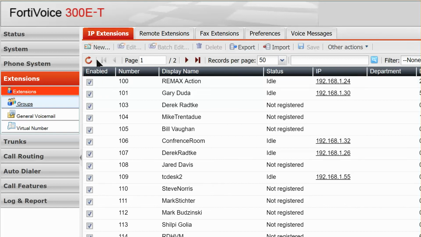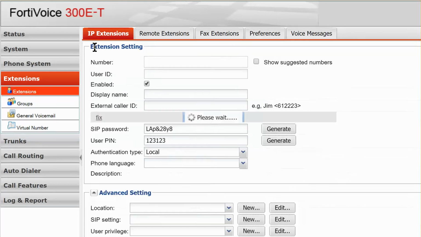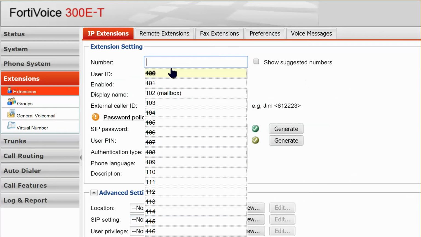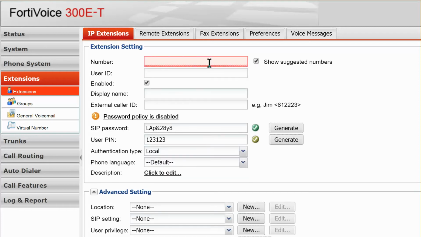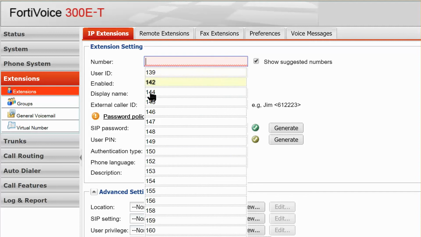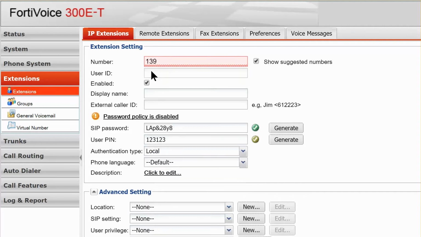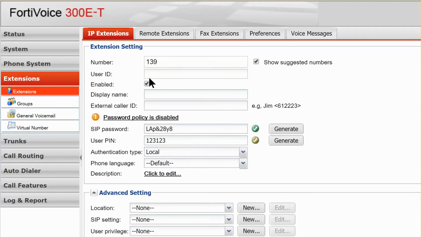So to set up a new extension, all you do is you click on New, and then you put in here a number. If you know the number, you can type it in. If you want to suggest available extensions, you can click here and then choose whichever extension you want. And then just click down here on user ID to make that go white. This display name for whoever it's going to be, so it's going to be Bob